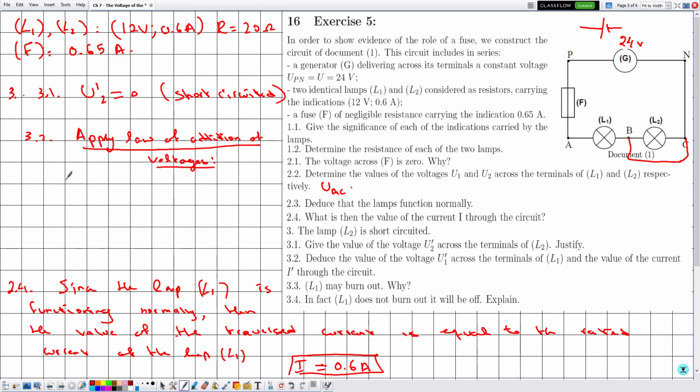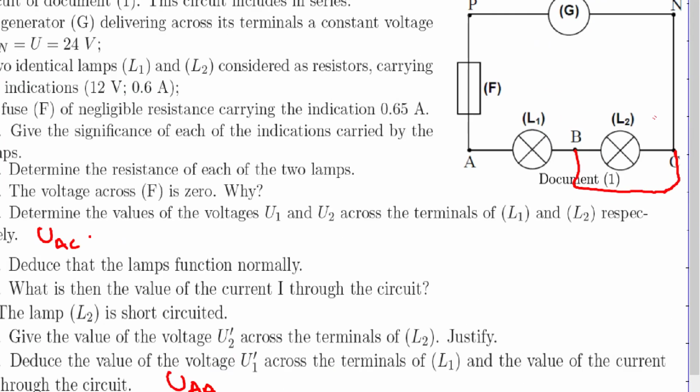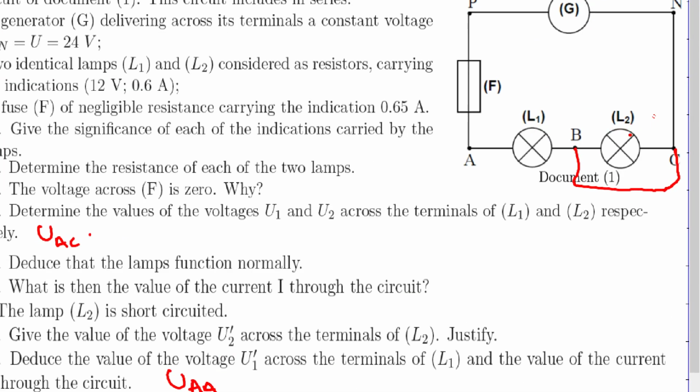So on the left we write the voltage of the battery, which is given by UPN, and on the other side we'll go across different electric components, making sure that we need to determine the voltage U prime 1, which is the voltage UAB, and which is denoted by U prime 1, corresponding to the new configuration under which we have short-circuited the lamp